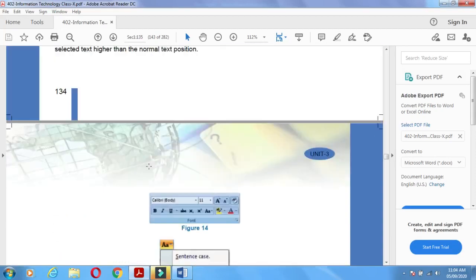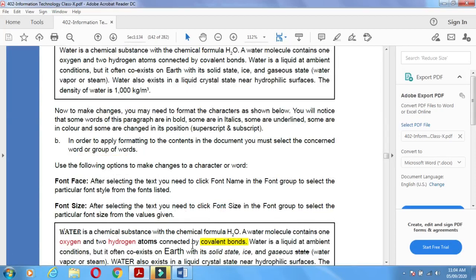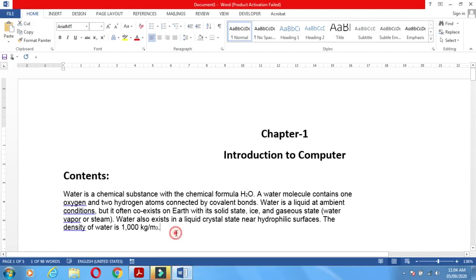So all these are the formatting that we can apply to this text. See how we can apply. Whatever formatting you have to do on each and every word, for that purpose, you have to select that letter or word.